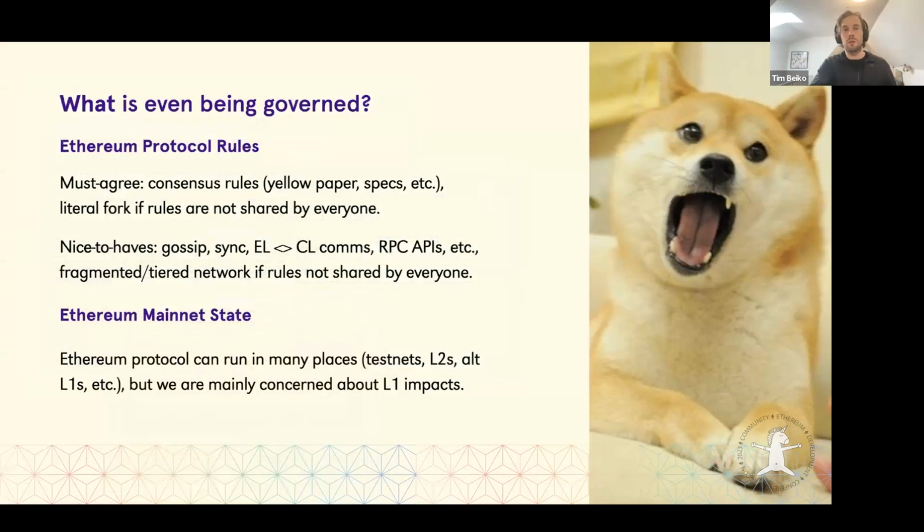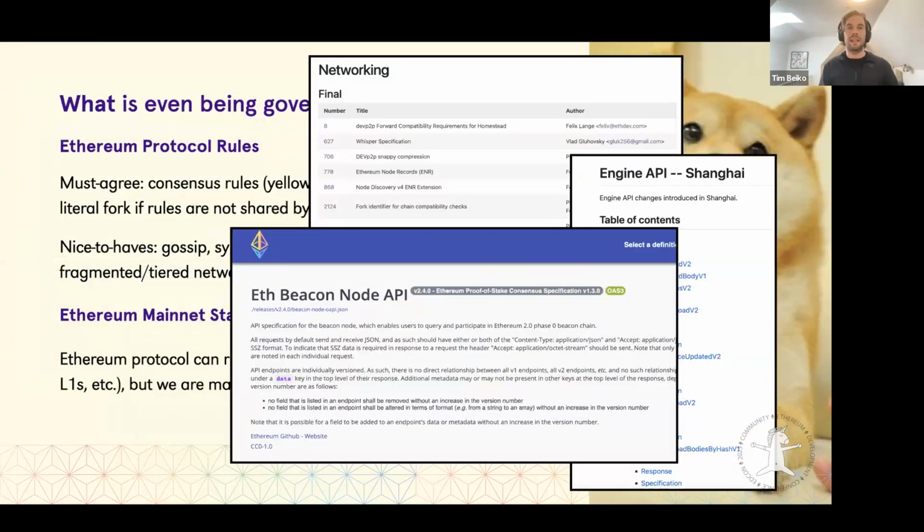And there are some other protocol rules that I've categorized as nice to haves, which are things that different clients will implement and usually try to coordinate and agree on, but it's not the end of the world if there's not a perfect match between all of them. These are things like the APIs that the nodes expose, like the Beacon APIs or JSON RPCs, some of the gossip protocols, the sync protocols, or the way that clients communicate with each other. In practice, we try to get everyone to agree to a standard here. But if there's not perfect alignment, it doesn't mean that a node will be removed from the Ethereum network.